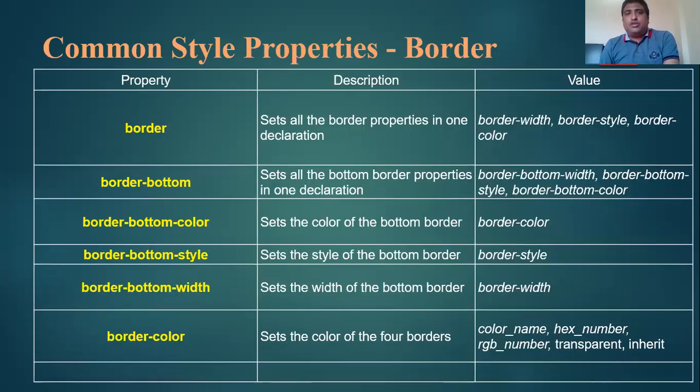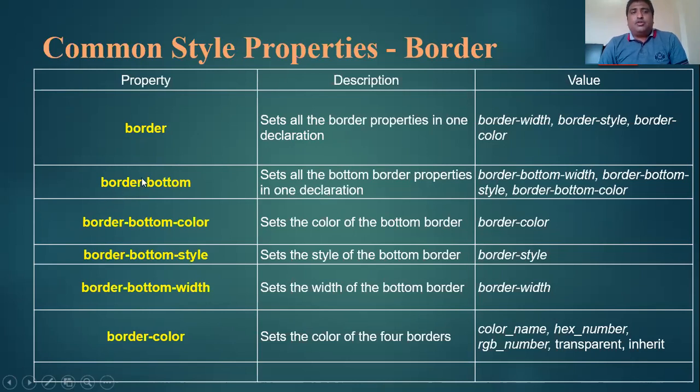Next one is border. To display a border to the content, its important property is border. It will apply to the whole border. So we can use this property. First value is border width, where we specify the border width in pixels. Border type, for example dotted, then dark, we can specify here, and border color. So all the properties we apply in a single border attribute.